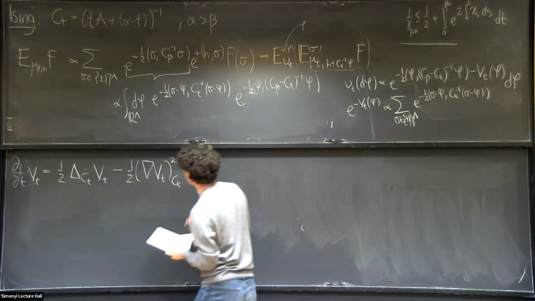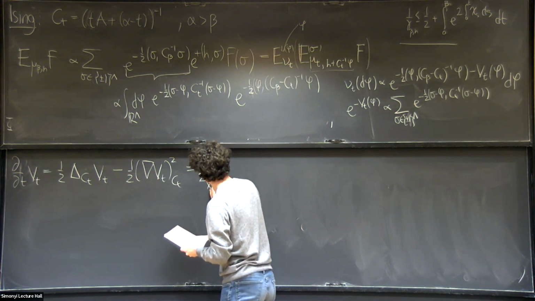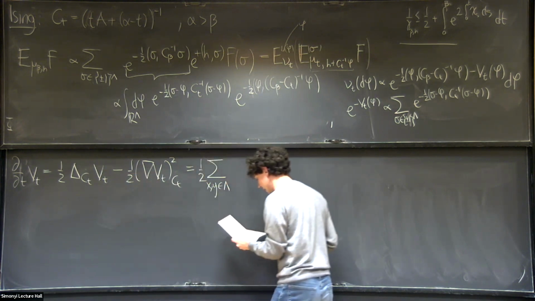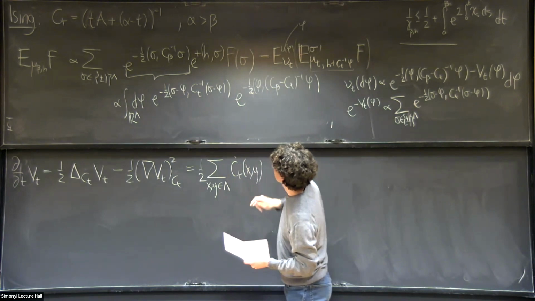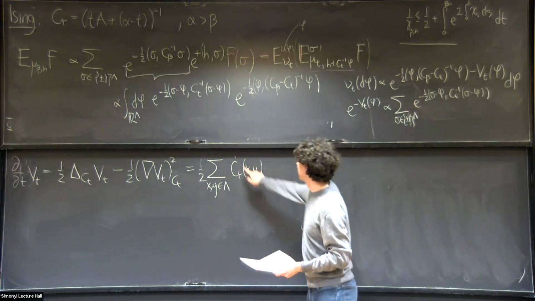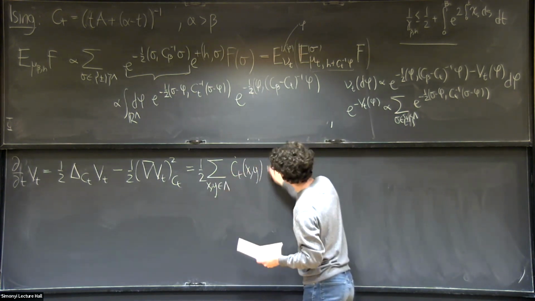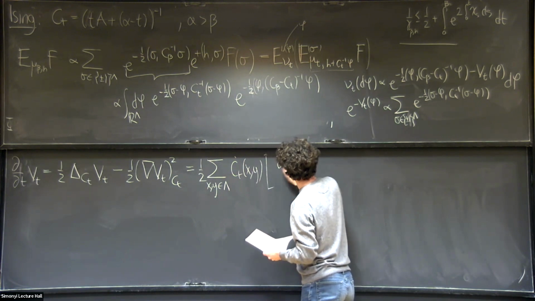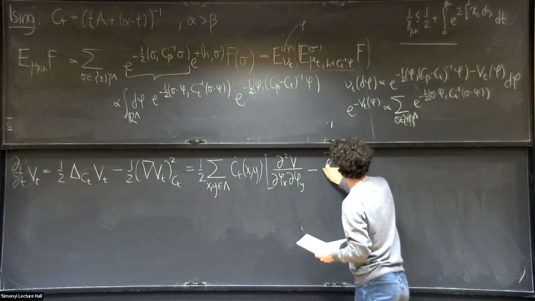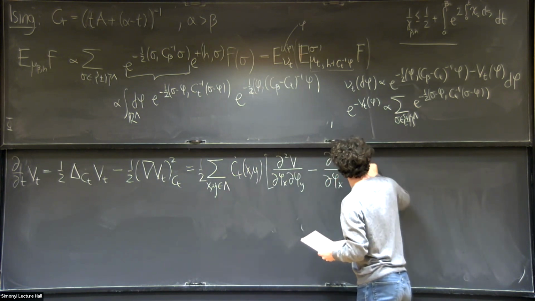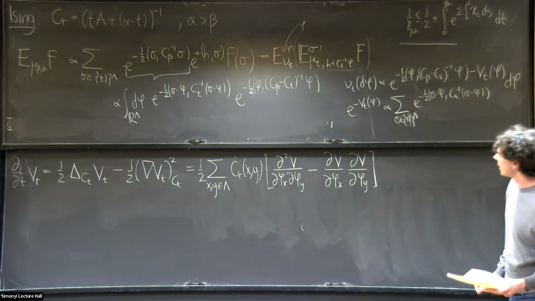So what does this notation mean? It just means this is by definition 1/2 times the sum over x, y in lambda. It's a very high dimensional PDE. If you like, C_t dot xy are the entries of that matrix C, and the dot means the derivative with respect to the parameter t. This is a matrix, and then taking the second derivative of V with respect to phi x and phi y, minus the derivative with respect to phi x. We use this when we take the variation of the covariance.